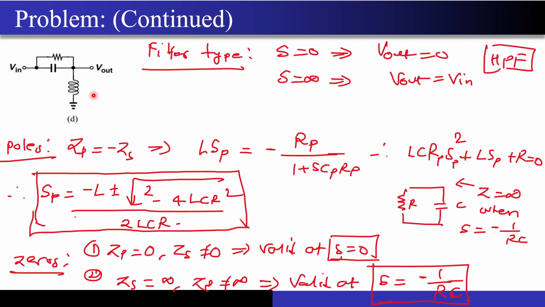Of course it can at s equal to 0. Now let me check whether by enforcing s equal to 0 I get Zs equal to 0 or not. If I put s equal to 0, the capacitor acts as an open circuit and this resistance will have some finite impedance. So I won't be getting Zs equal to 0. So this condition is actually getting satisfied at s equal to 0.